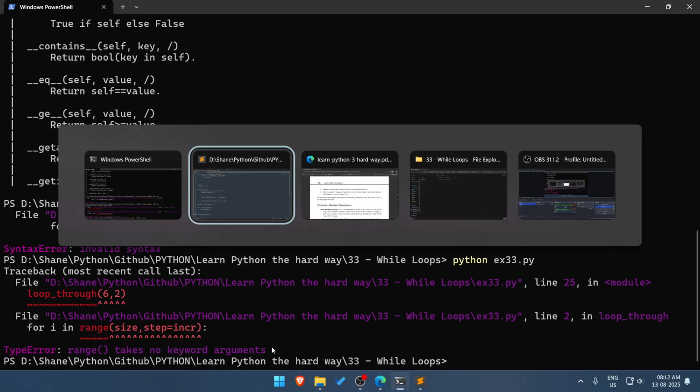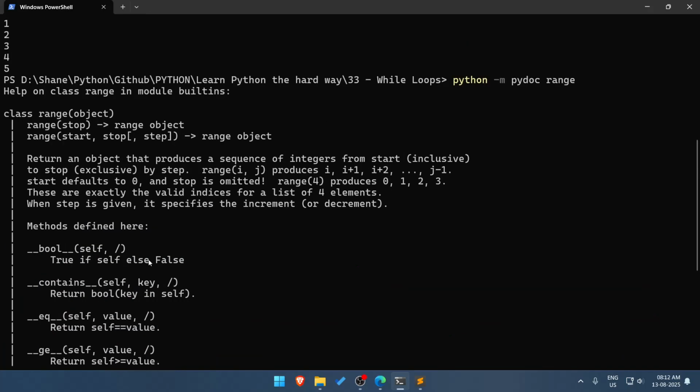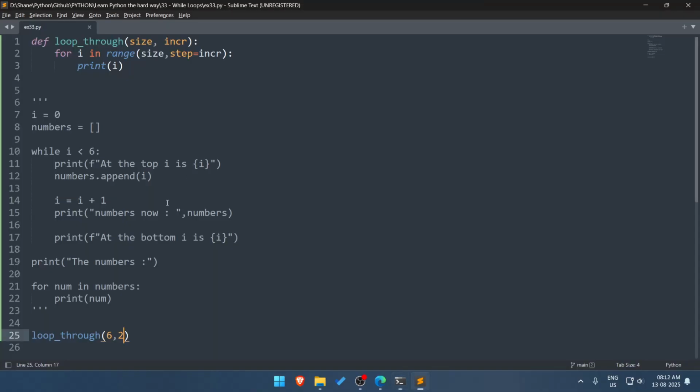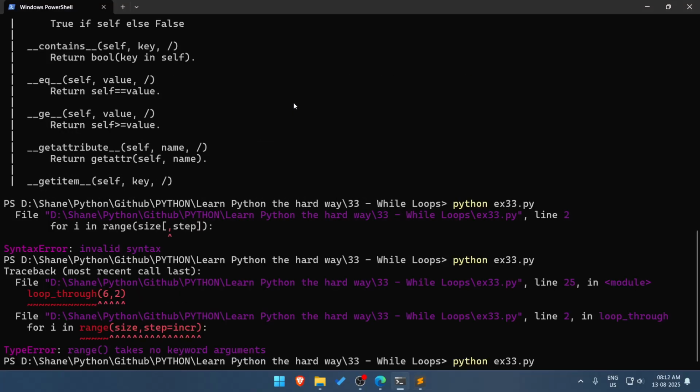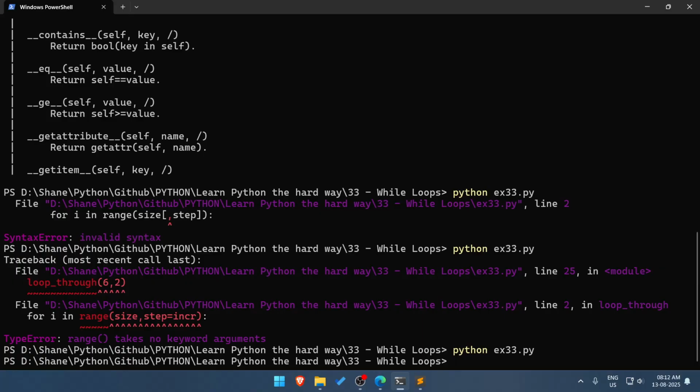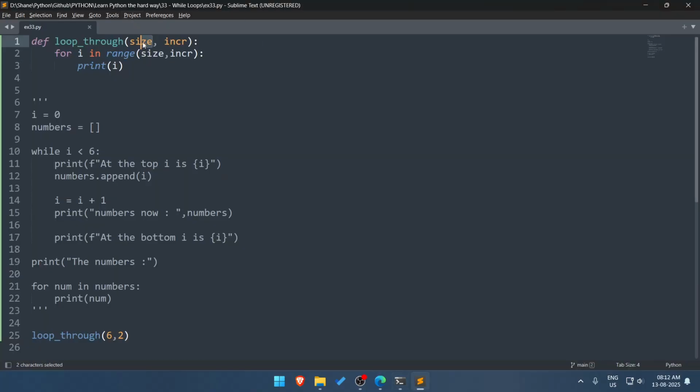Okay, I don't really understand step. Okay, if I provide it this thing, what will it do? Nothing, because size is greater, so it assumes that this is start and this is stop.